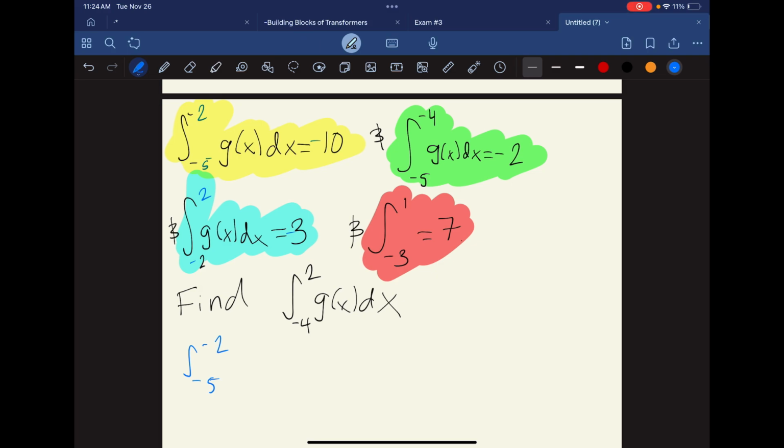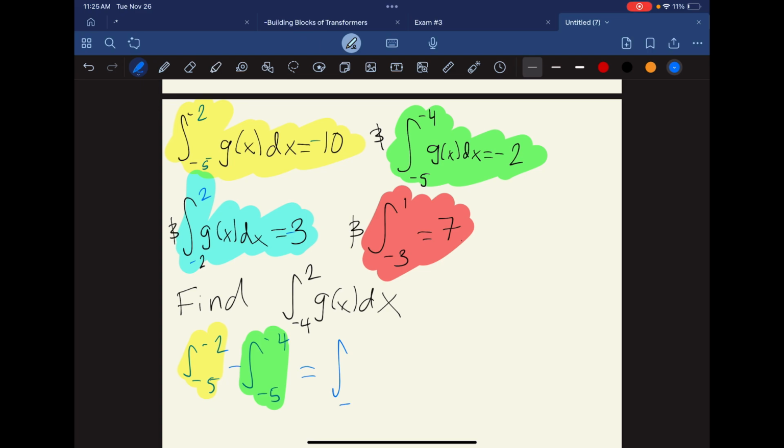So if we subtract from it -5 to -4, which is our green, right? So this is yellow. This is green. If we take our yellow and subtract from it the green,